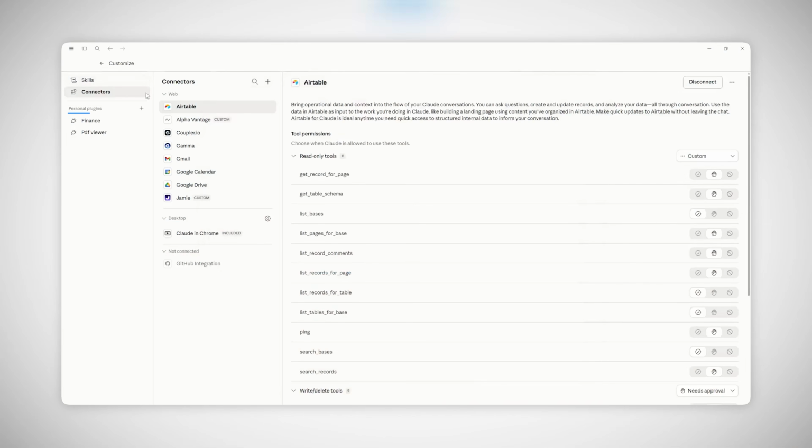Plugins. So connectors handle the data side. Claude is now reading from your live systems, but the next thing to extend is what Claude can actually do with that data. And that is where plugins come in. So connectors give Claude access to your data systems, but plugins add pre-built tools to Claude itself, designed for specific types of work. So still inside Customize, I click the plus icon to add a plugin, and then I select